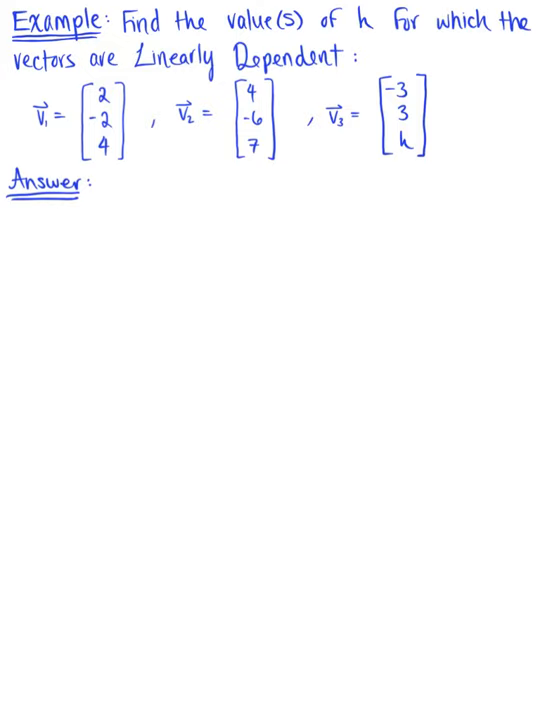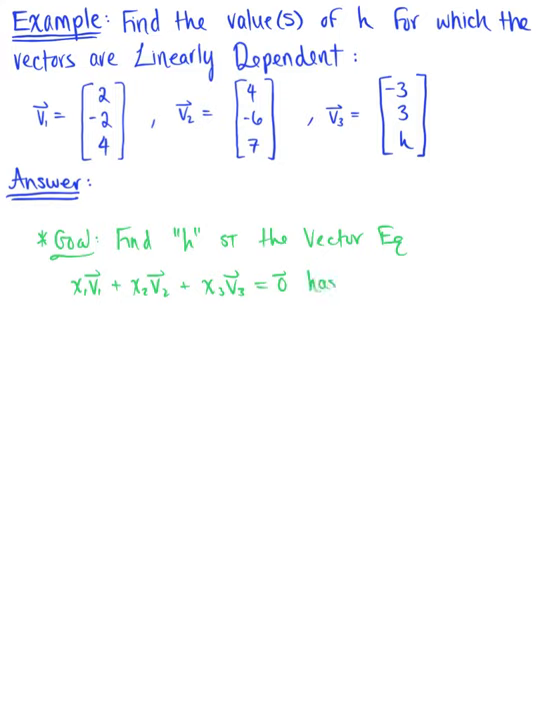Find the values of h for which the vectors are linearly dependent. So let's quickly keep in mind here that an indexed set of vectors is linearly dependent if the vector equation has a non-trivial solution. So we want to find the value or values of h such that the vector equation defined by these three vectors, x sub 1 times vector v sub 1 plus x sub 2 times vector v sub 2 plus x sub 3 times vector v sub 3 equals the 0 vector, has a